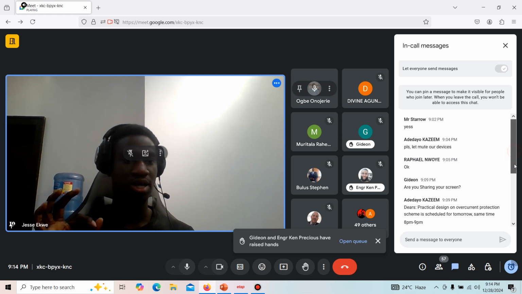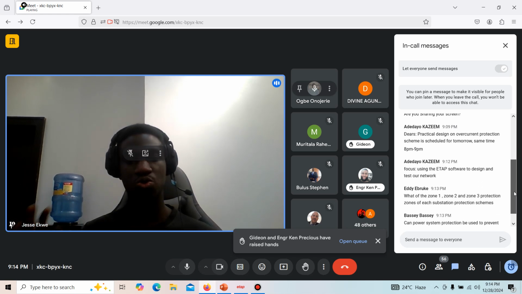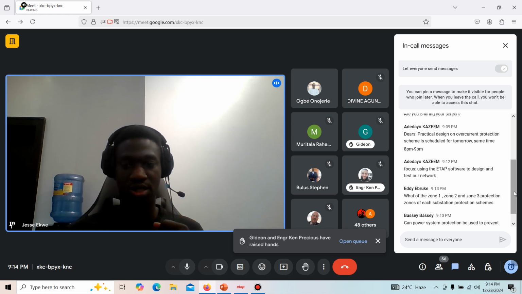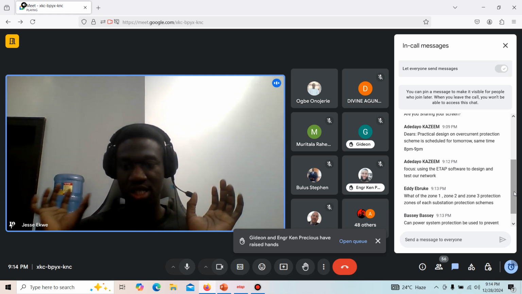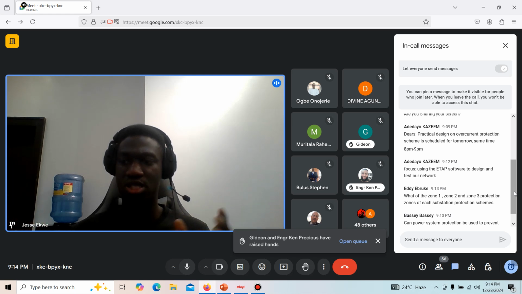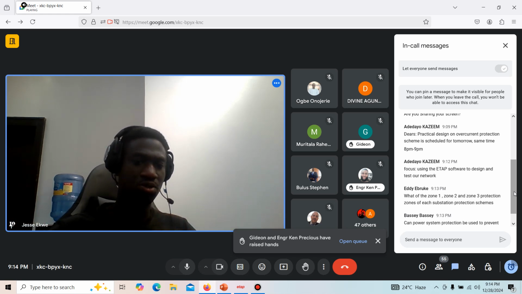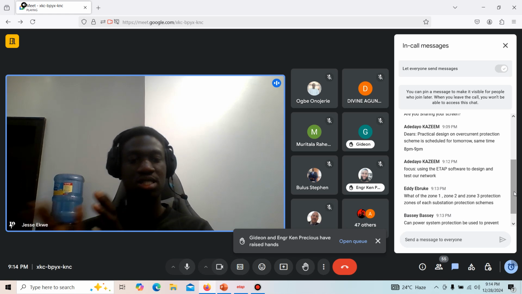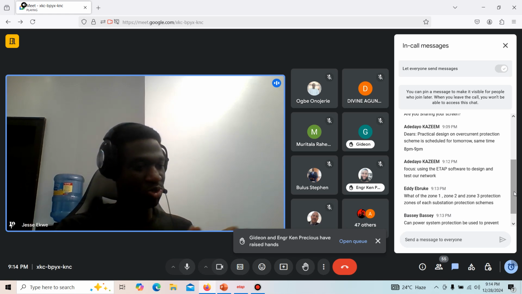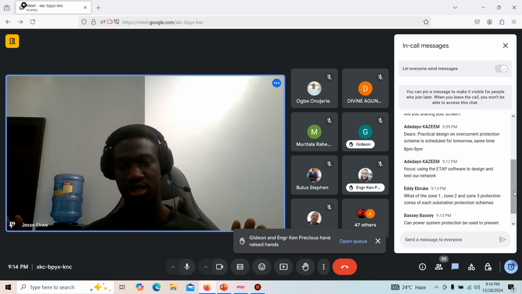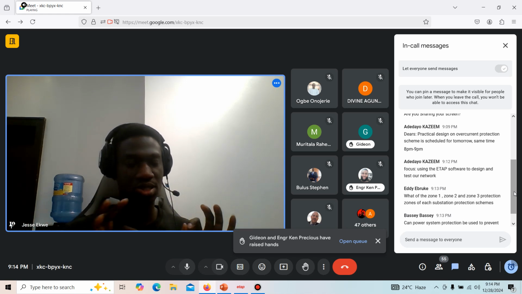A part of the power system. So if we are talking about zone 1, zone 2, zone 3, if we are segmenting it, then we are saying that maybe zone 1 is our generator zone, zone 2 is our bus bar zone, zone 3 is our transmission line zone, zone 4 our transformer zone, just like that. However, if we come over to distance protection, zone 1, 2, 3, they mean an entirely different thing. So it depends on the context.